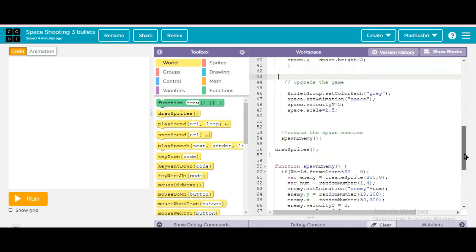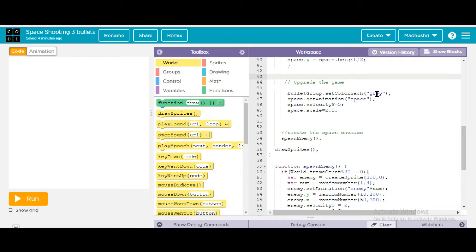So here, I'll show you. Bullet group: set color is gray, space dot set animation, space dot velocity y is equal to 5, and space dot scale is equal to 2.5. What I'm saying here is we created a bullet group, right? So for that I have to give a color, right?